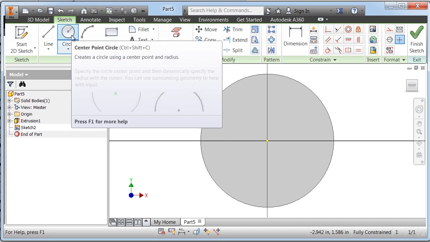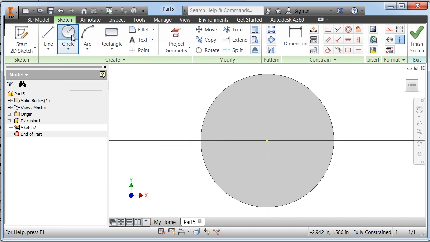Move the cursor to the upper left portion of the screen. We'll left click on Circle. And we'll move our cursor over here to the center grid. It won't really snap, but it will snap to that center portion. It just isn't going to look like it, or it's not going to snap like you've created a sketch. So once that's lined up with the center, we can left click one time, drag a circle out,